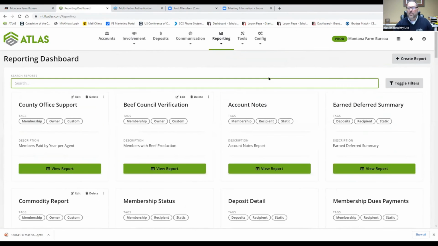Once you start going into these, they will be in your recent activity. The dashboard is populated with what the Atlas folks feel are the essential reports that you would like to see no matter what, just as a default. But if you've got something that's not on here, the great thing about this being cloud-based in real time is that you can just ask your regional manager or us, and we can do a custom report for you, and then we can actually share that right onto your dashboard. So it's kind of nice.